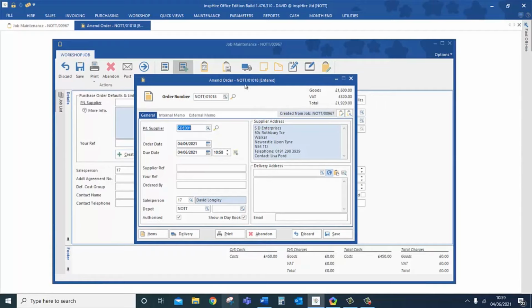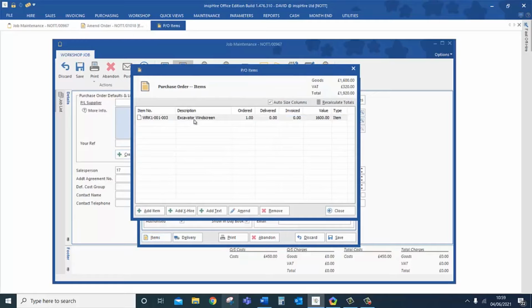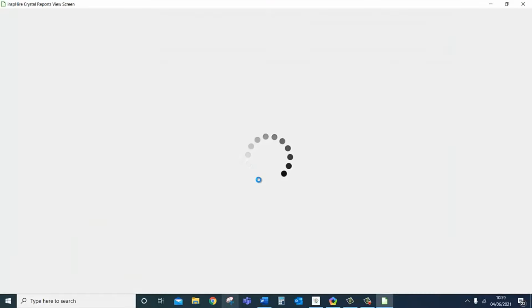So you can see this is now the purchase order screen. It's given me a purchase order number 1018, and it says created from job 967, and the 967 is my workshop job number as well. In here, if I click on items, you can see I've got that excavator windscreen. I could add any additional items if I wanted to as well. But in its simplest form, if I just click print,